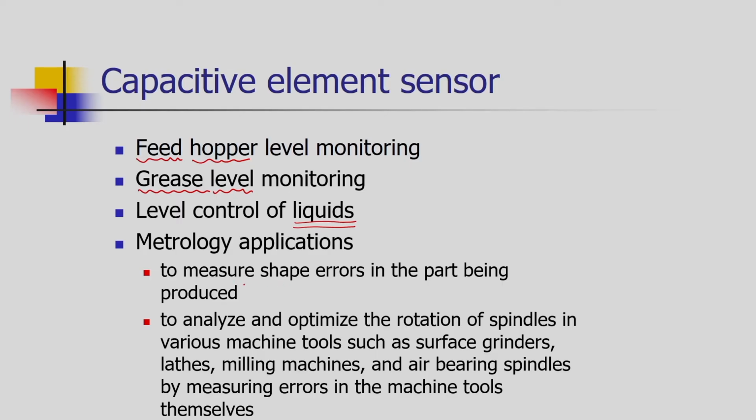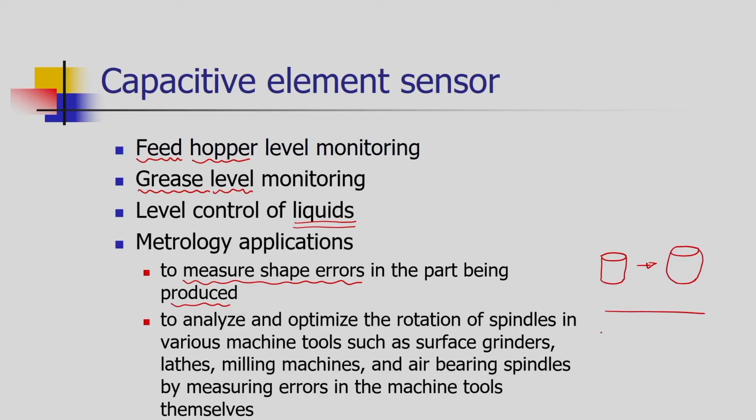When we want to measure the shape errors in a part which is being produced, the capacitive element sensors are useful. Let us consider a cylindrical part to be manufactured by casting. However, due to manufacturing errors, we have not achieved a proper shape of the casting. You may consider that there is a bulge in the casted component. When such a component is moving over the conveyor, this bulge is easily sensed by the capacitive element sensor.